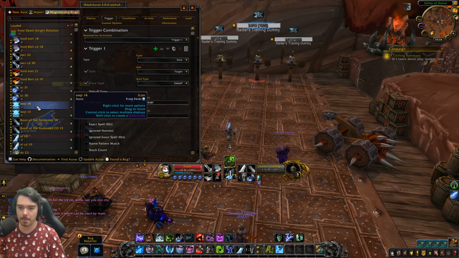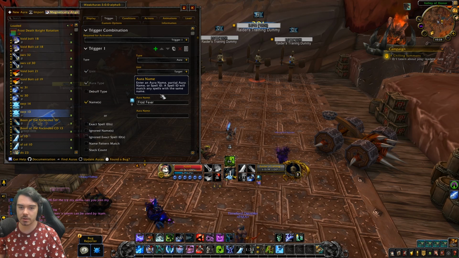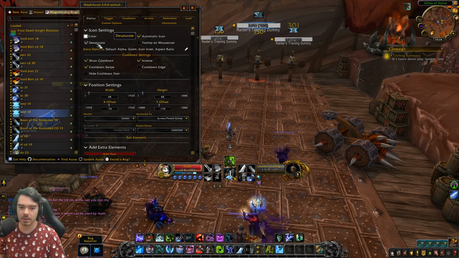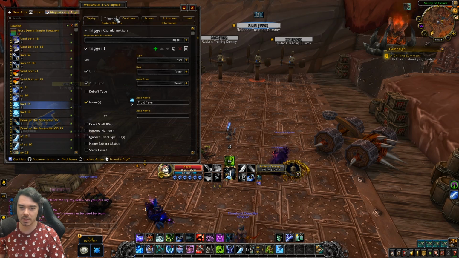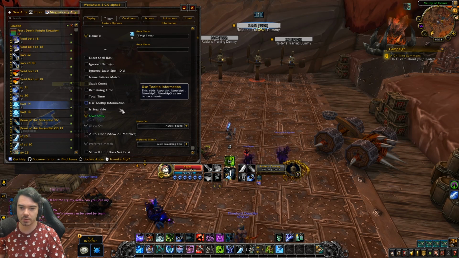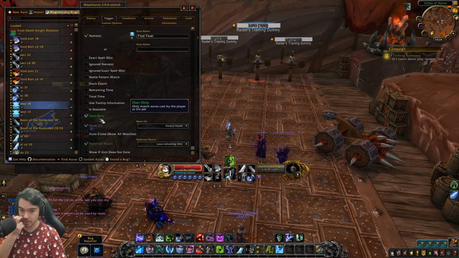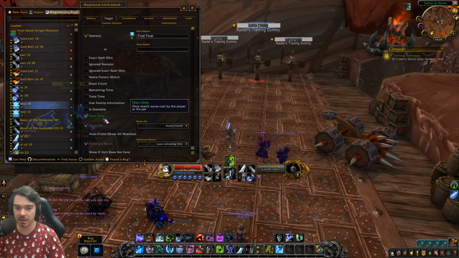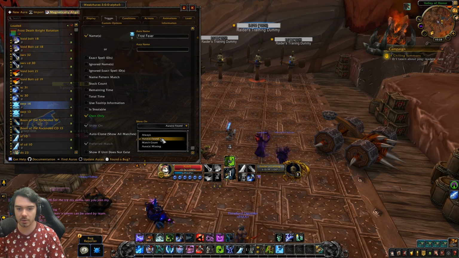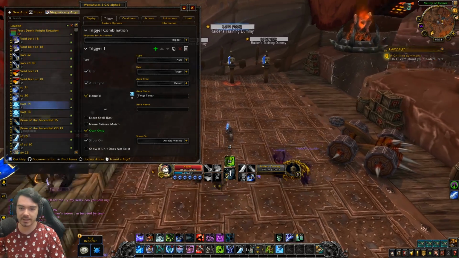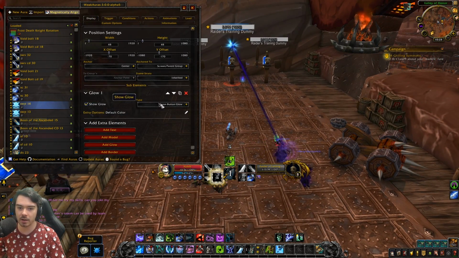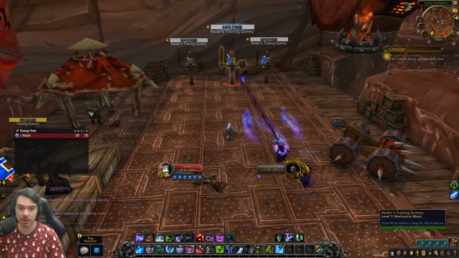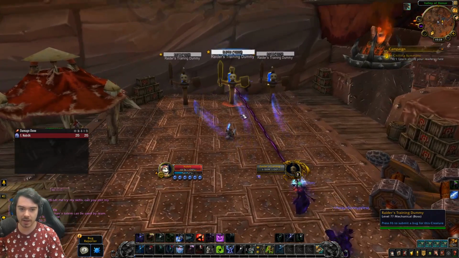So that's fine. What I want this one to do is work the way it's doing. I want this other one to be desaturated. I want to go in, trigger Frost Fever, again also a debuff. Set them to own only. Only matches if it's cast by you or your pet. I want this to show if the aura is missing. And in fact, let me add a glow, show glow. Let's add a pixel glow. Okay, great. So if I get in combat here,